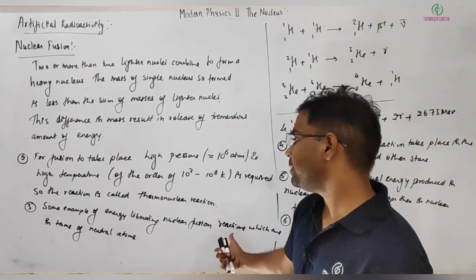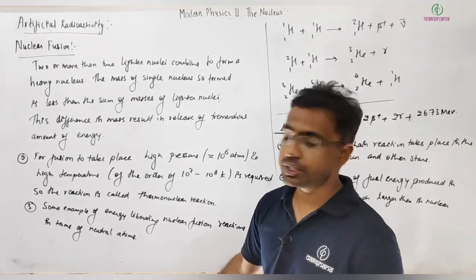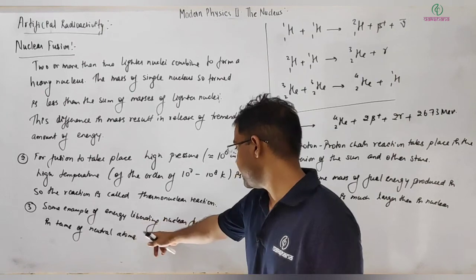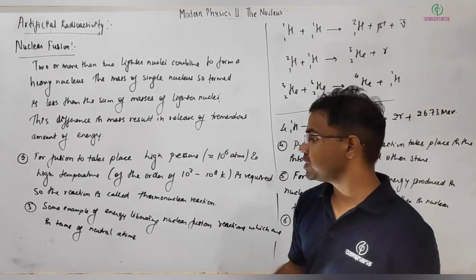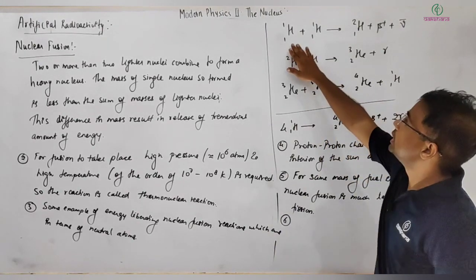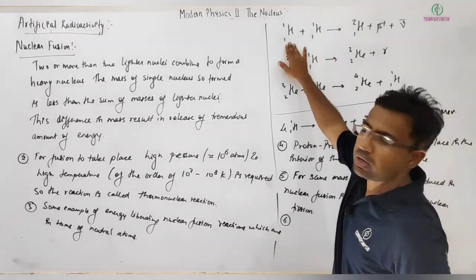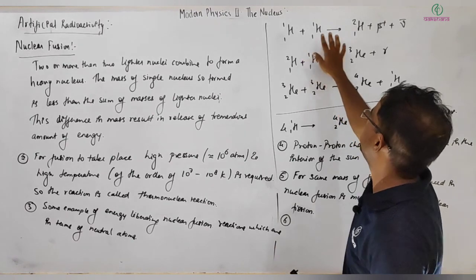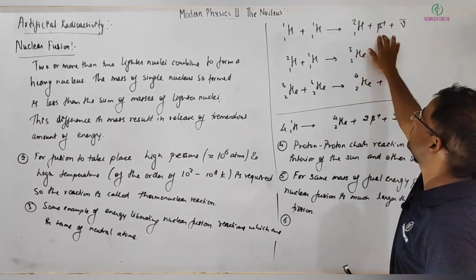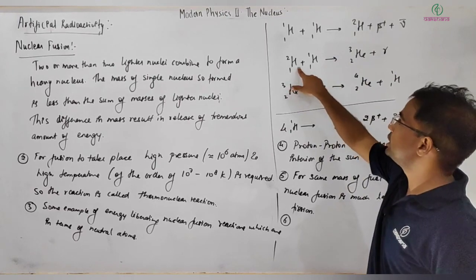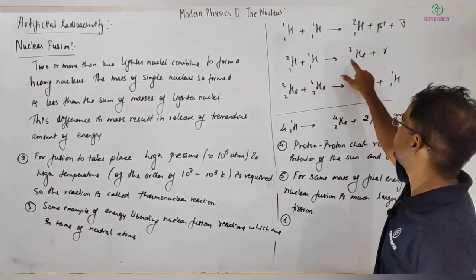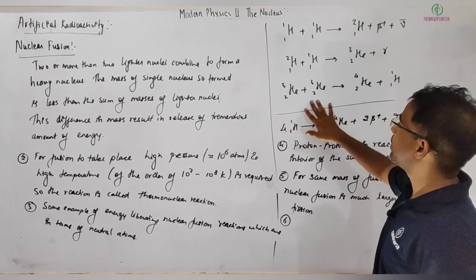So some examples of nuclear fusion reactions, which liberate energy, in terms of neutral atoms, we can write as: a proton (hydrogen), we can call it proton also, plus a proton combining and forming deuterium plus one beta positive and an antineutrino, and here deuterium plus hydrogen combine to form helium-3 plus gamma, and